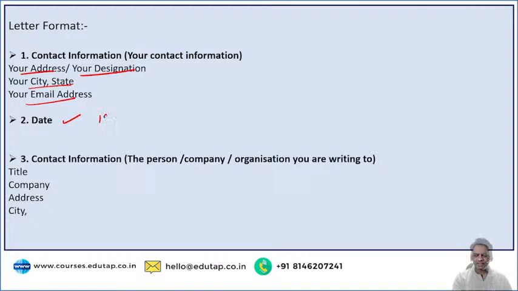Date can be written in this format as well. 19/11/2023, not just 23, 2023. This is also perfectly all right. Or if you want to write like this, 19th of September, but write complete. Do not write incomplete words, guys. That is the point. 19th of September 2023. That is also acceptable, right? So you can write it any way you want.